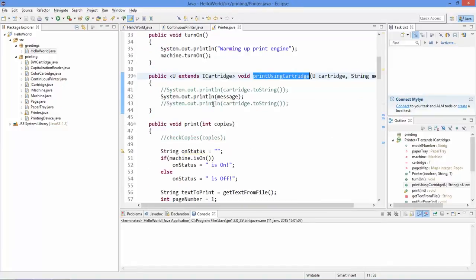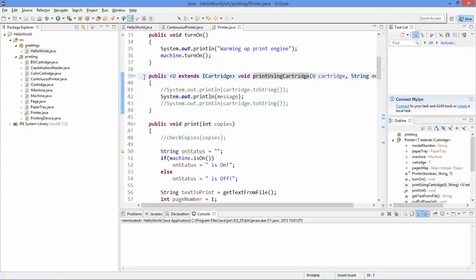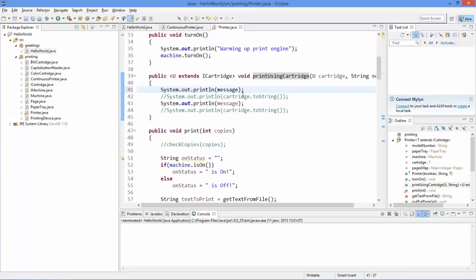Now if I go into our print using counterage, we can see that multiple threads would be entering this at one time, and in this example it is not a problem because we are not doing anything with the internal state of the printer. So we are not going to really see any issue here, but to demonstrate this concept, let's see how these threads are interacting with this method right now. I'm going to print every time that we enter this. I'm going to print entered,